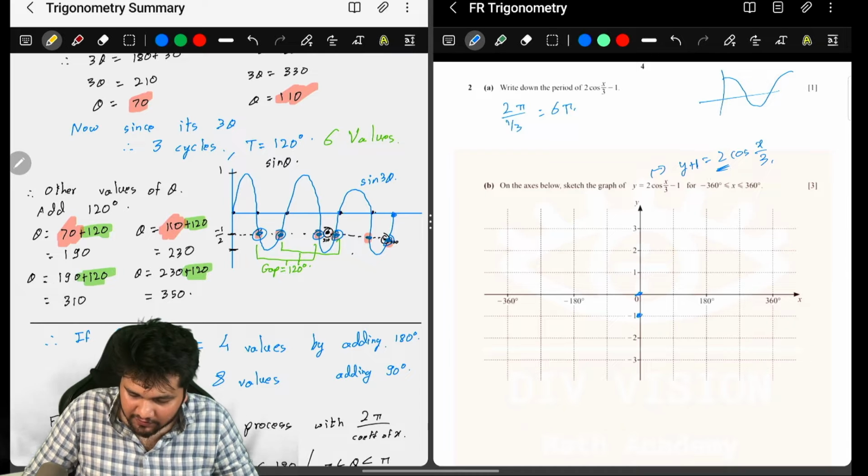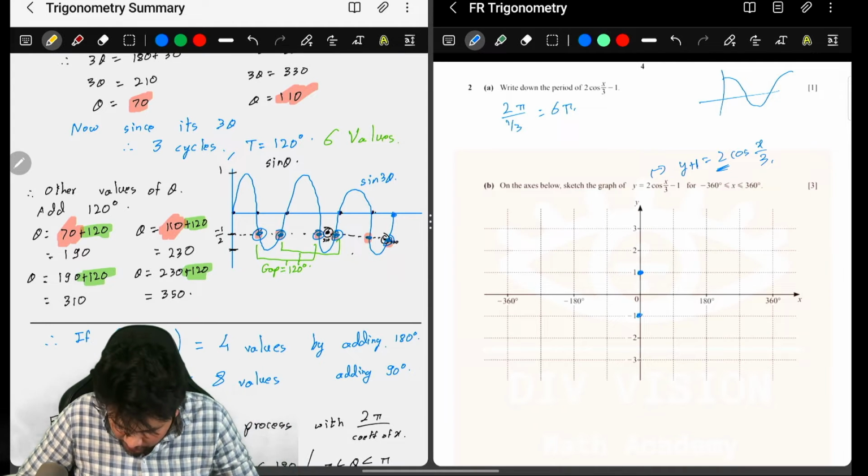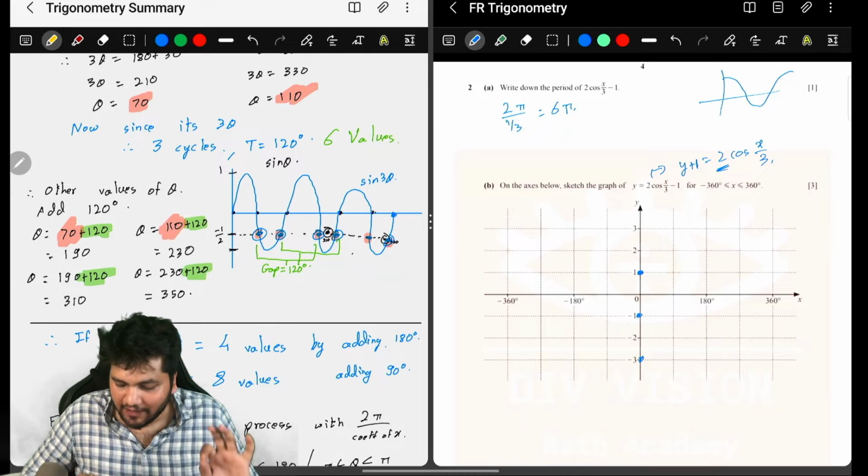Now there is this 2, that is basically the amplitude. So instead of having an amplitude of 1, it will have an amplitude of 2. So it will vary from plus 1, that is 2 steps up, to 2 steps down. This is going to be the graph. Now all you need is